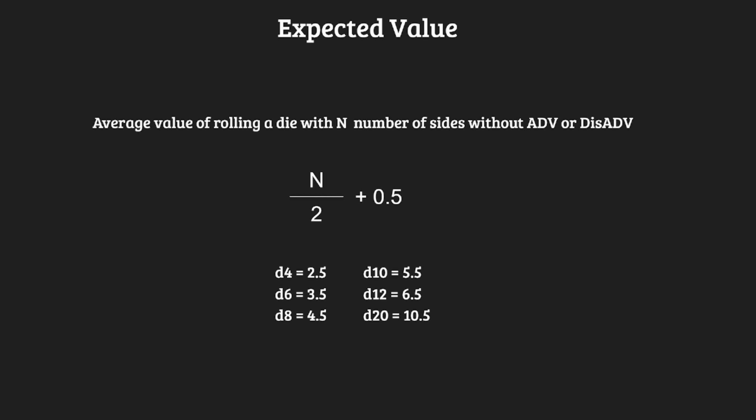With a d6, half of 6 is 3, slap a 0.5 on the end of that. With a d8, half of 8 is 4, add a 0.5 to that. This logic applies for any of the dice that we're rolling. So from d4, d6, d8, all the way to d20, we can see the average results. One important one to keep in mind here is the d20, which we talked about before, that's 10.5, and